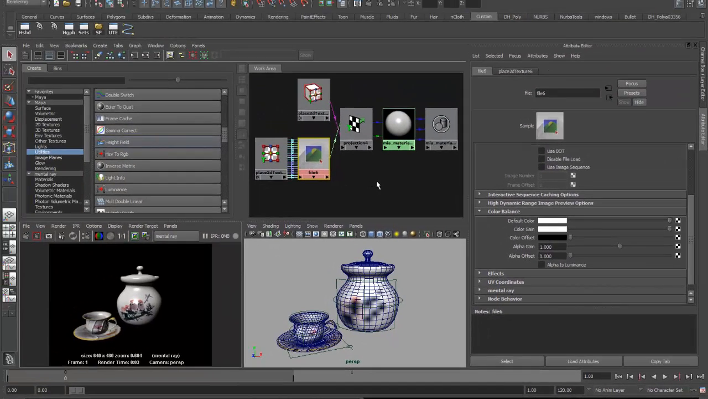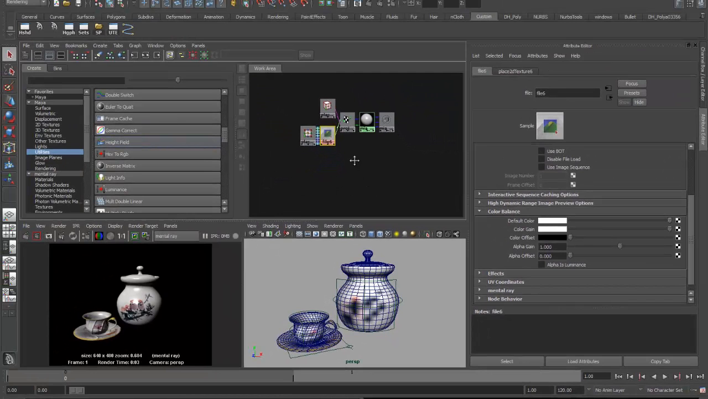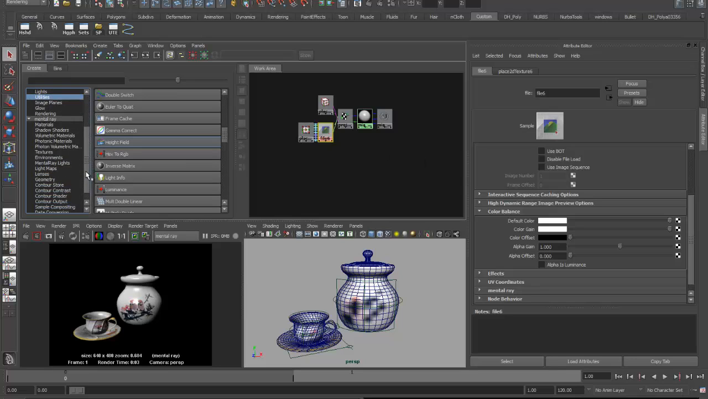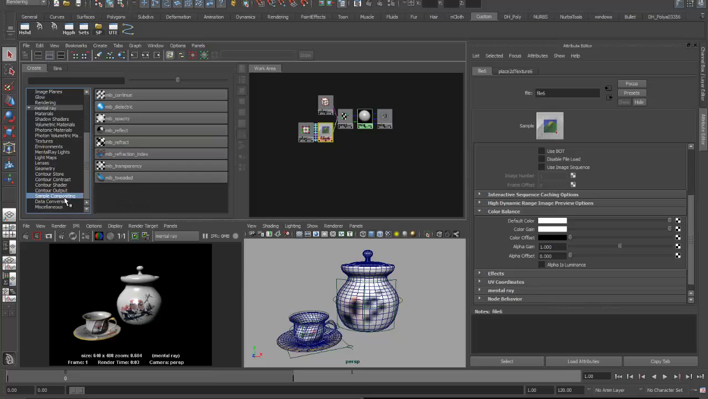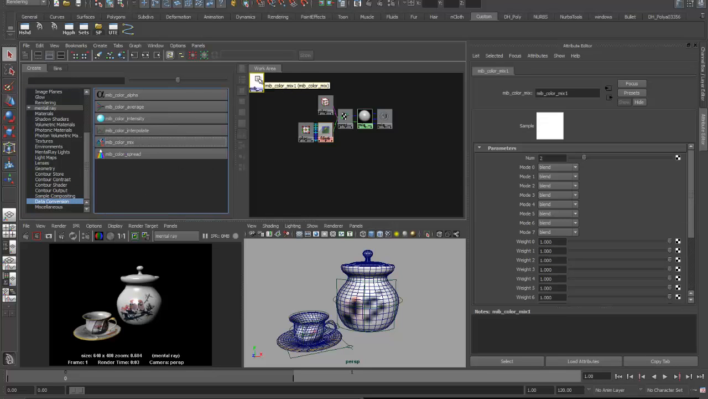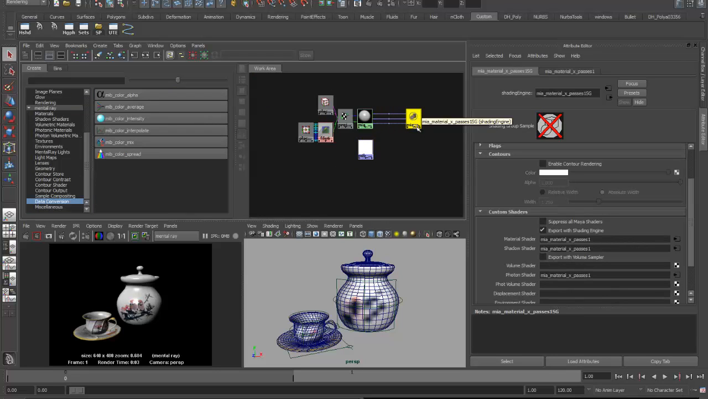To add a second layer or layered shader to this, you certainly can use a color mix node. You can also use a layered shader or a layered texture. Let me just show you what you need to do for the color mix. In the mental ray sample compositing data conversion, here's my MIB color mix. And you know, the MIA material